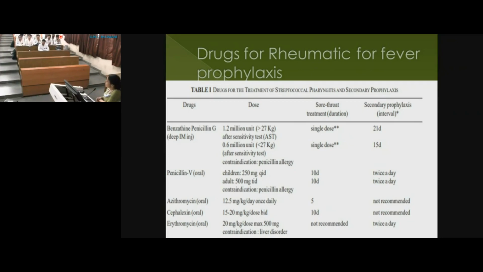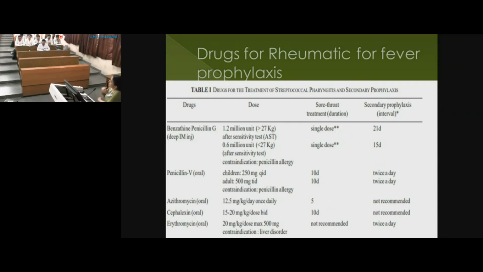If the child can take penicillin prophylaxis, because you have to give it for a very long duration. If there is cardiac involvement, then we give it for at least 40 years if it's a damaged heart. If there is carditis but the heart is not permanently damaged, then again for at least 21 days or 10 years. And if there is no cardiac involvement, then also we give it till at least 18 years or 5 years, whichever is more. So the duration is so long that if you have to give them oral drugs, the compliance tends to be very poor.